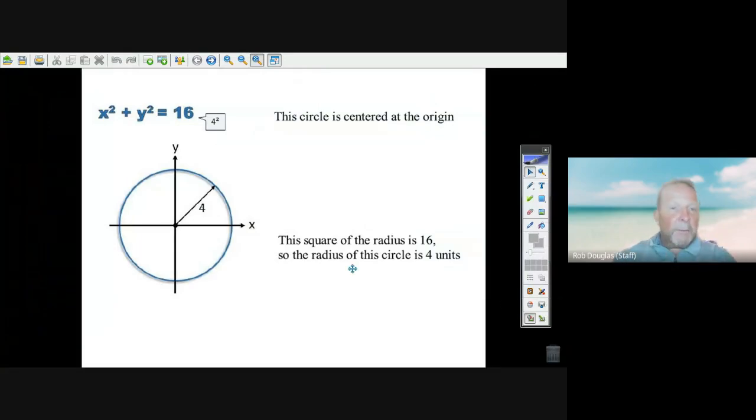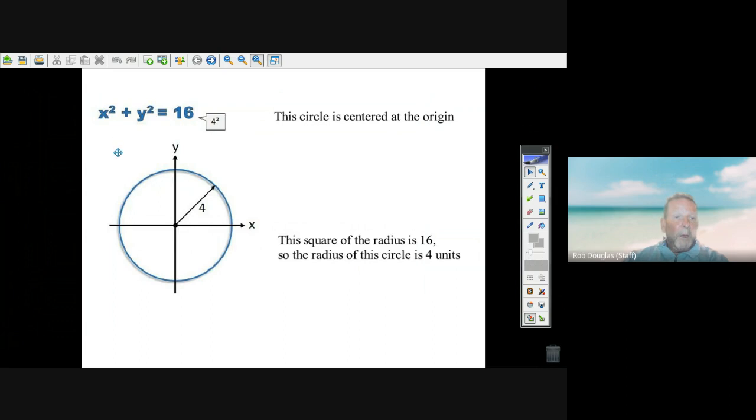Okay, this is an introduction to the equation of a circle. We start off with a very simple equation of a circle. It's x squared plus y squared equals 16. Now, if you were thinking about what kind of numbers could I put in for x and y to make it true,